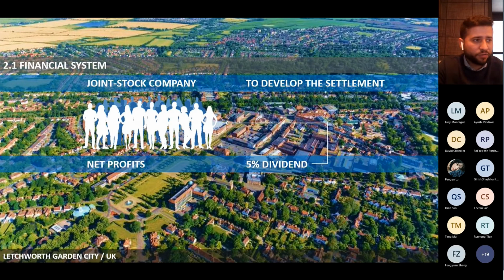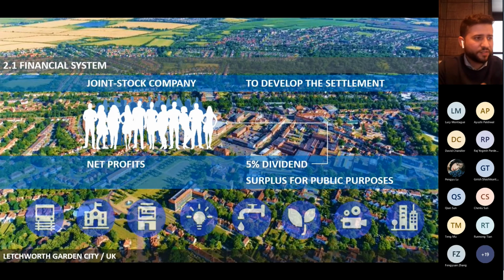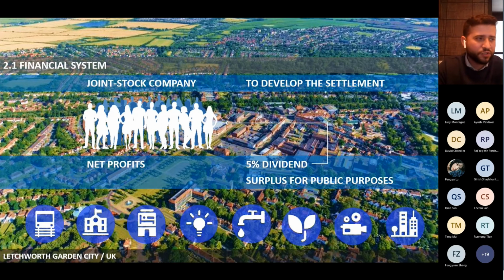And on the other hand, the surplus of the net profits of the company was saved for public purposes, such as the construction of a railway station, public buildings, hospitals, lighting, water supply, gardening, amusement, and even for the embellishment of the town. This way, the finance of the company relied on a self-financing system without any kind of government or governmental